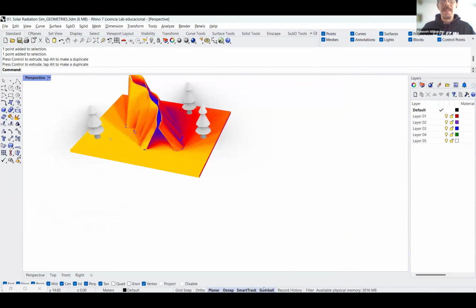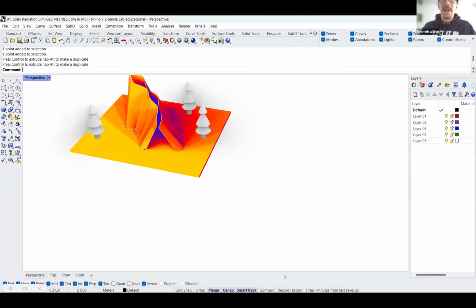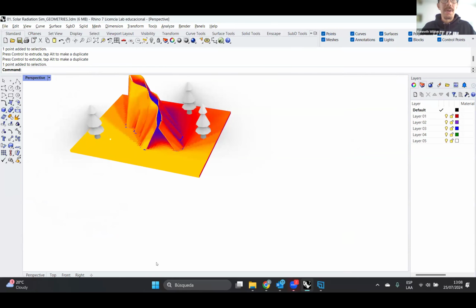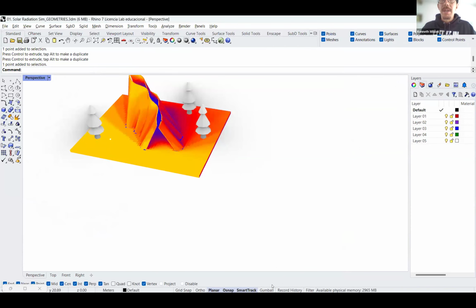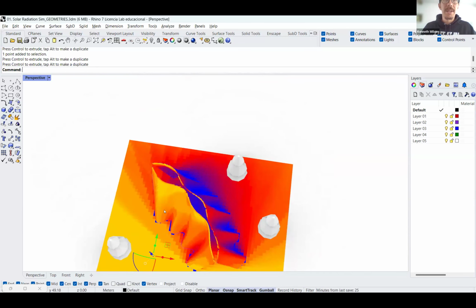It's down here, Gumball. If you don't have it activated, I recommend that you do. It's quite useful. So you select your geometry and you press Gumball here, and you have basically the 3 axes to move your geometry in this space. So,